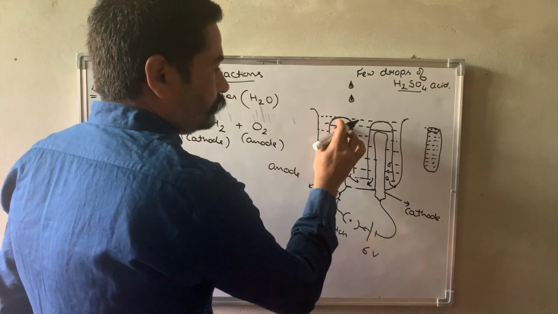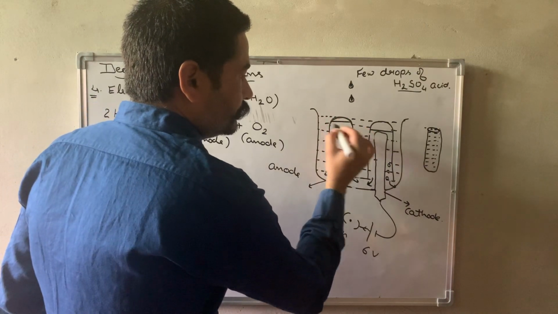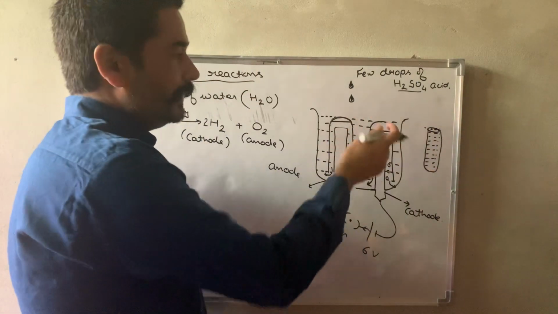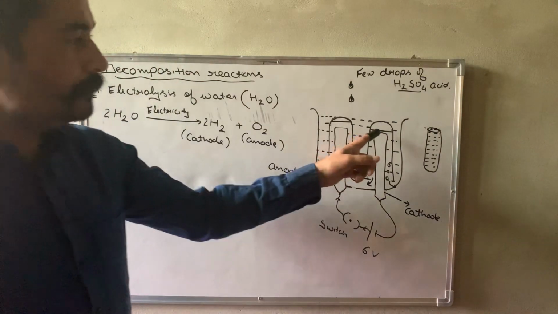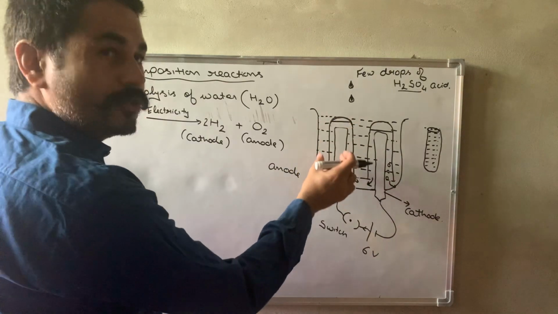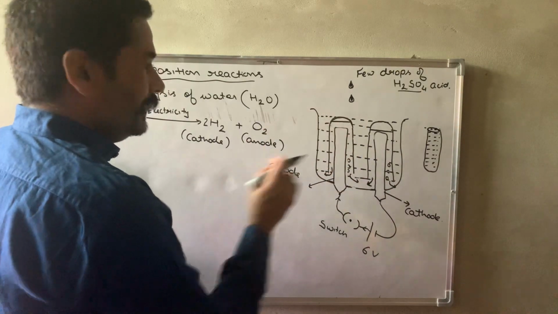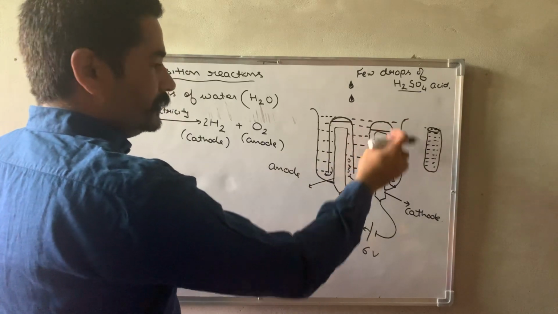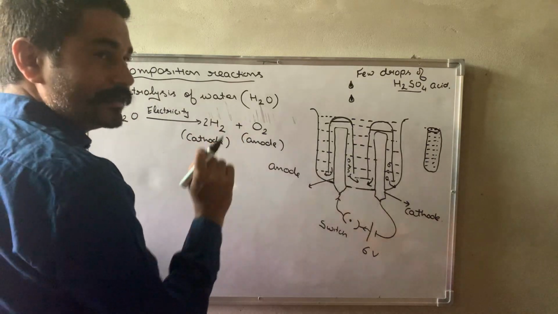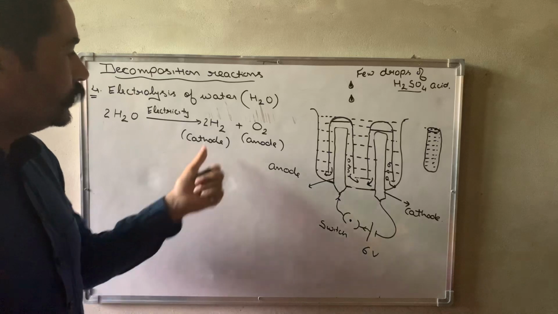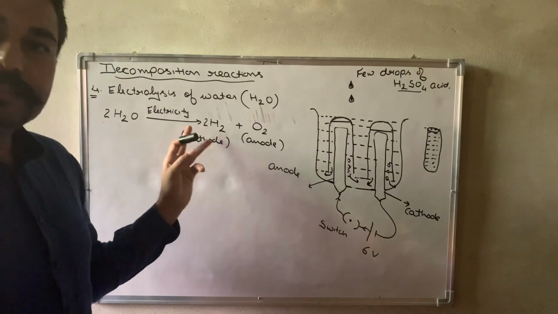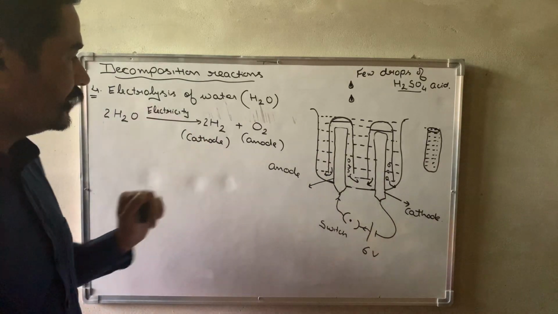Yes, trapped in both. Then I'll very carefully take these test tubes out and test both the gases trapped in them, and I'll come to know that the test tube inverted over the anode holds oxygen gas, and the other test tube inverted over the cathode contains hydrogen gas. There is a different test for these two gases. By bringing a burning candle, you can test both gases. Hydrogen gas will explode, burning with a pop sound. So this is the test of hydrogen gas.